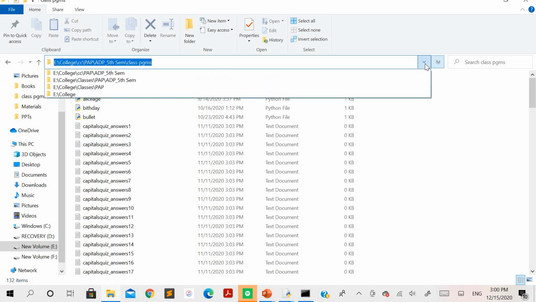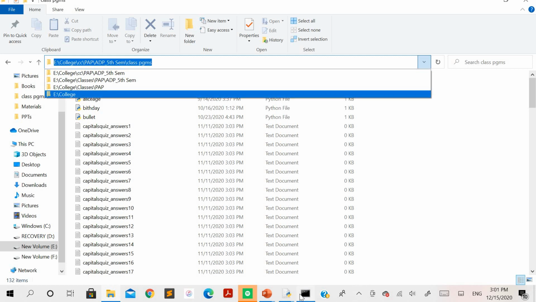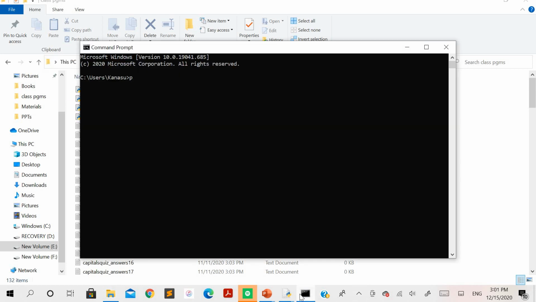So I'll just copy the path of this folder here. Then here I'll use the command known as pushd. If you remember the examples that I have earlier discussed, you would rather use these functions for changing the path here. So you can see here the path has been changed.